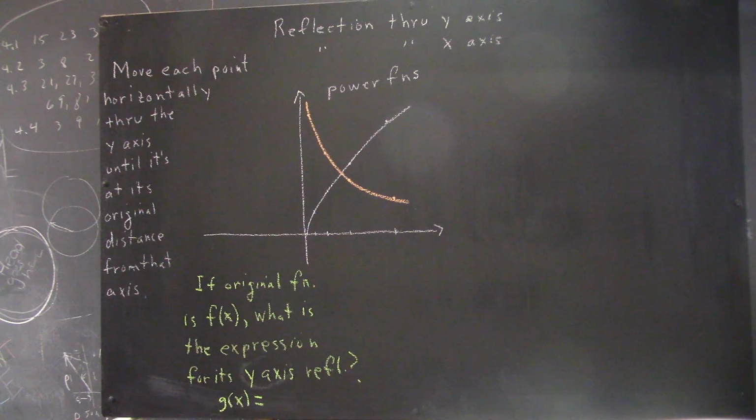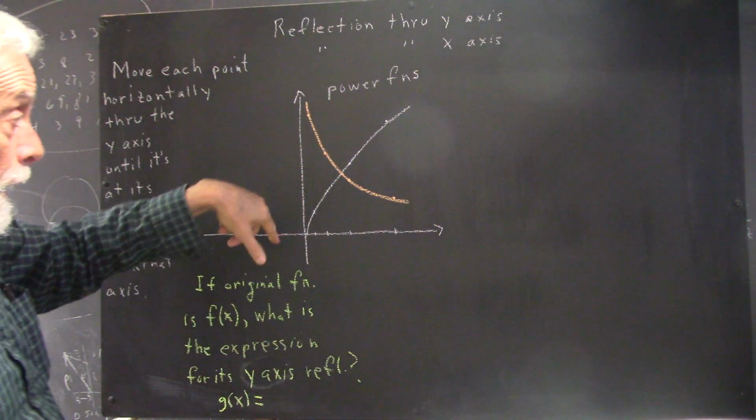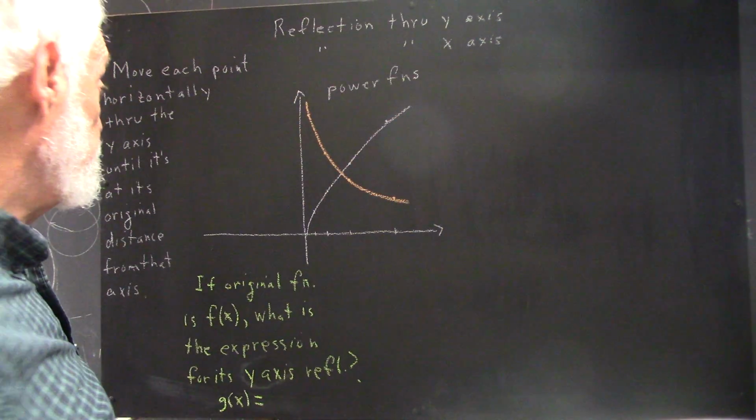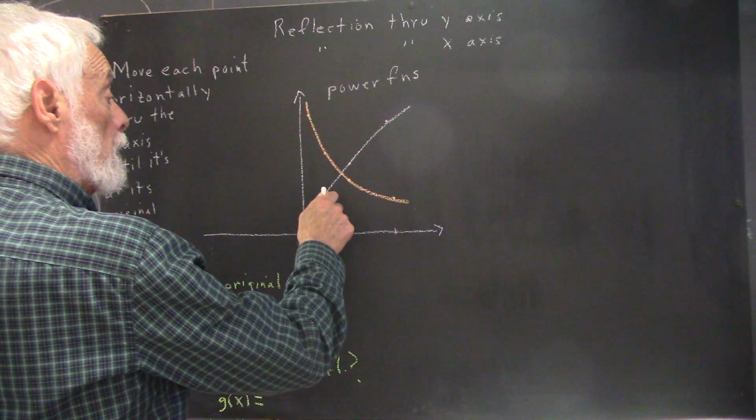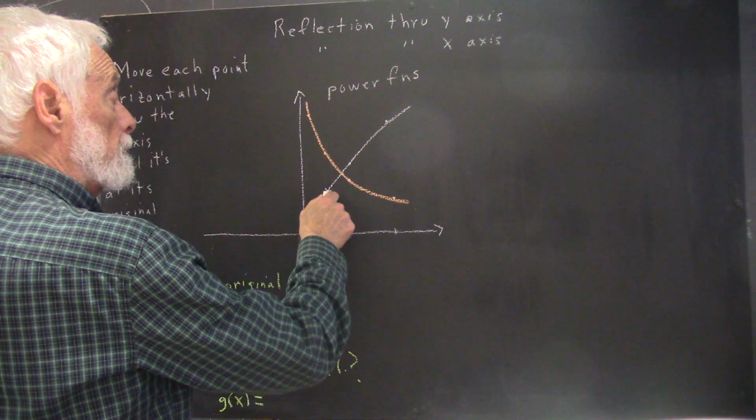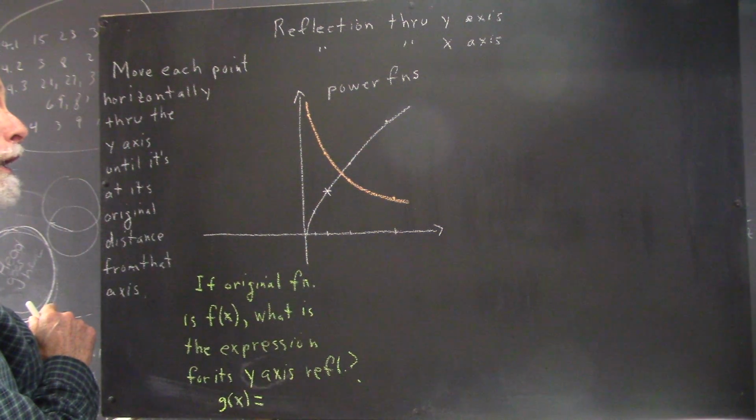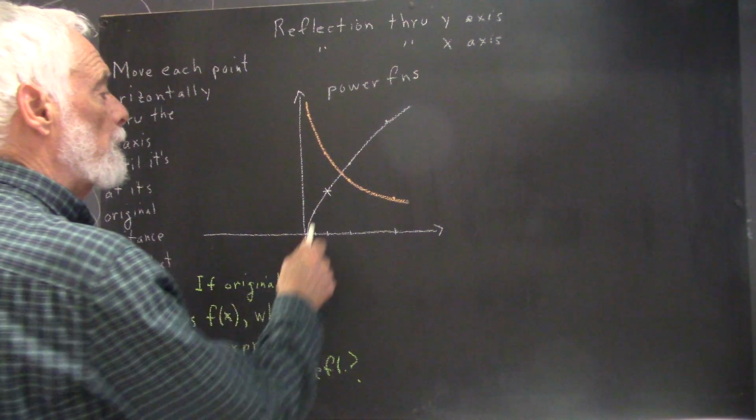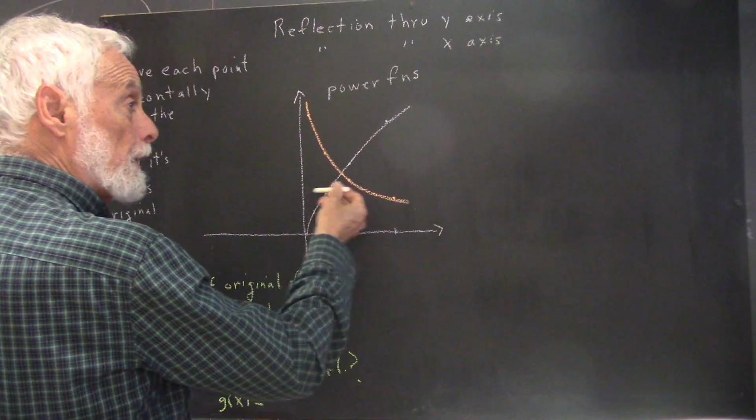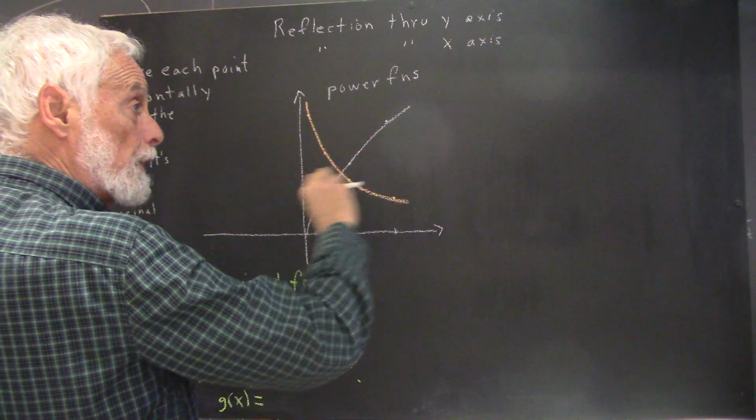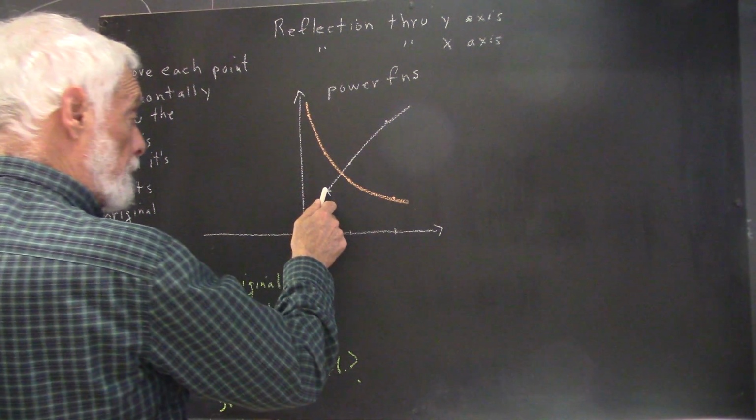So let's just see what that means. Let's just take a point on one of these graphs. And incidentally, I have the graphs of two power functions here, so I'm going to reflect each one. Let's take this point on the white graph, and we're going to move it horizontally so it goes through the y-axis. In what direction are we going to have to move the point? Well, we're going to have to move it this way in the horizontal direction. If we move it that way, we're never going to get to the y-axis, so we can't go through it. So we're going to come back this way